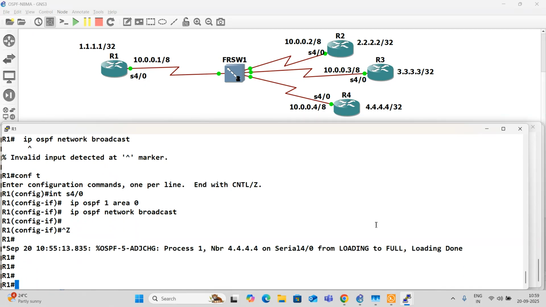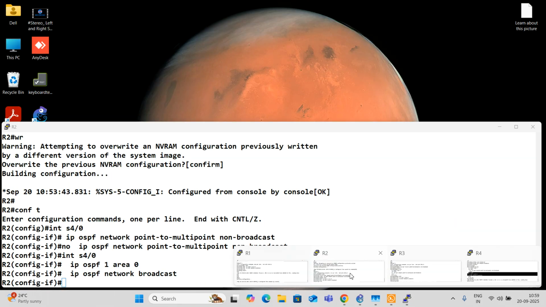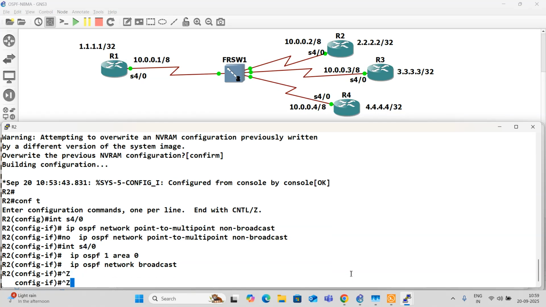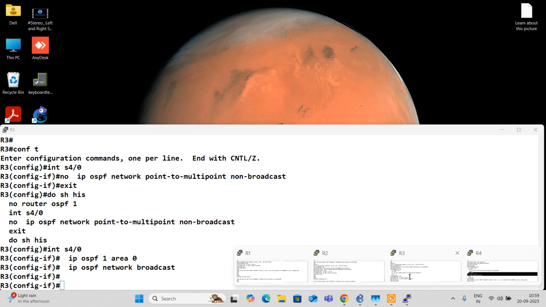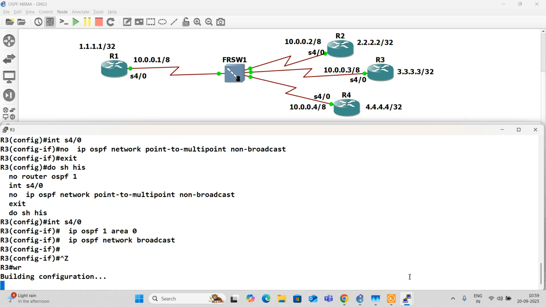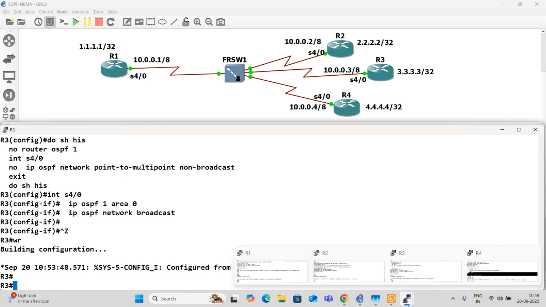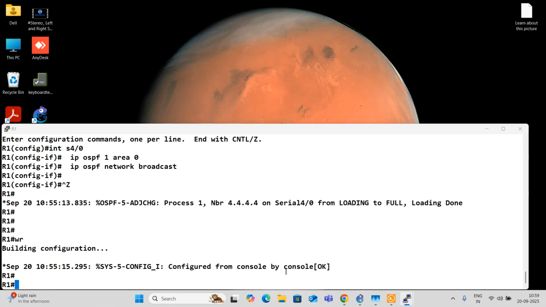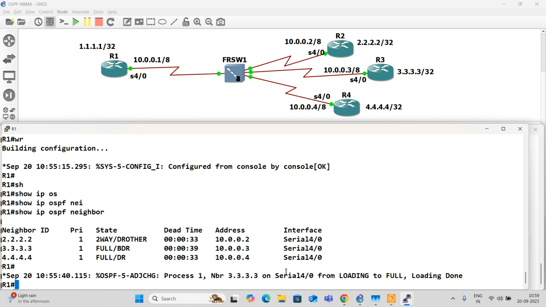We can see neighbor with router 4 is full state because router 4 is a DR now. Show IP OSPF neighbor. Okay, we can see router 3 is BDR, router 4 is DR, and router 2 is DR other.